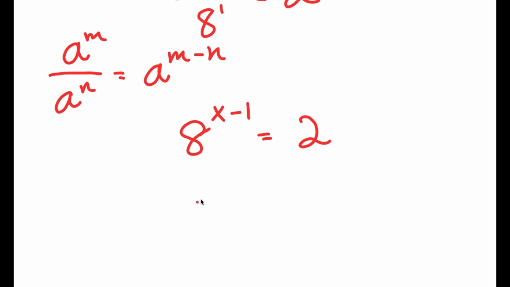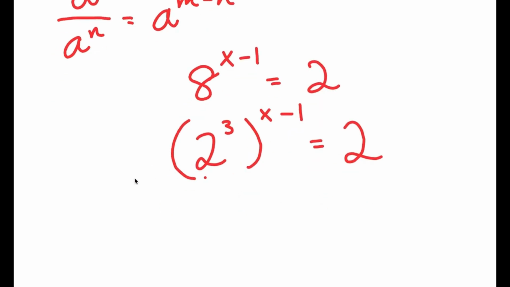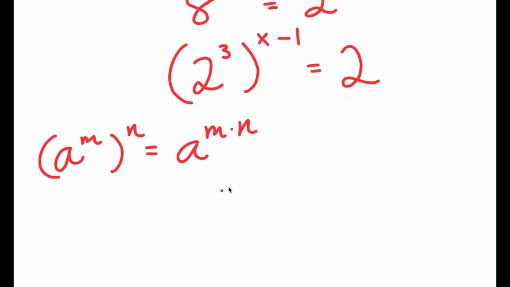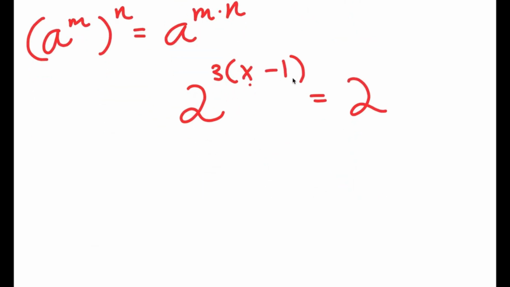Now a is the same thing as 2 to the power of 3, so I get 2 to the power of 3 to the power of x minus 1 is equal to 2. And if I have something in the form a to the power of m to the power of n, this is equal to a to the power of m times n. So 2 to the power of 3 to the power of x minus 1 is the same thing as 2 to the power of 3 times x minus 1. And 3 times x minus 1, I can distribute 3, so I get 2 to the power of 3x minus 3